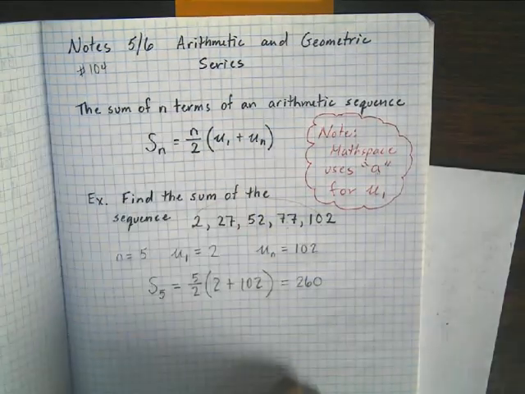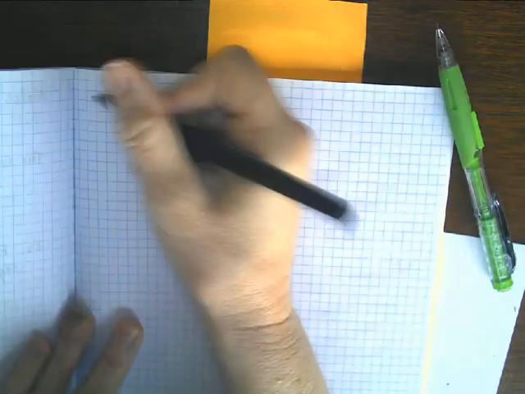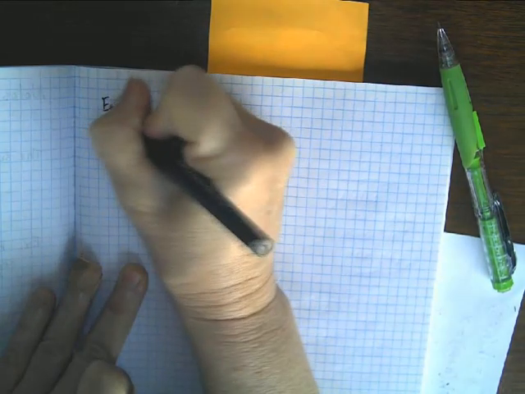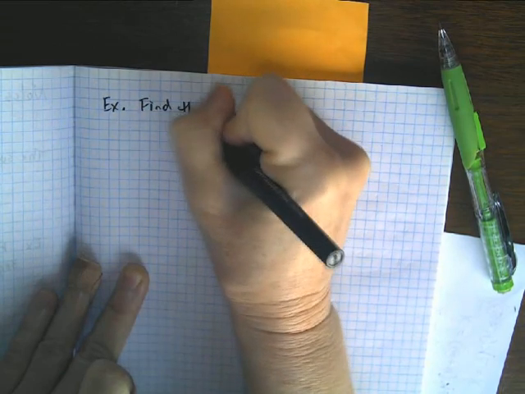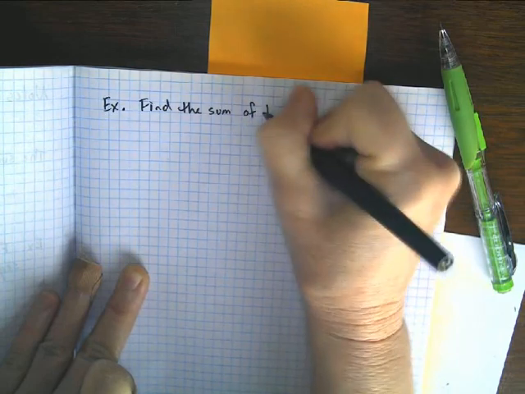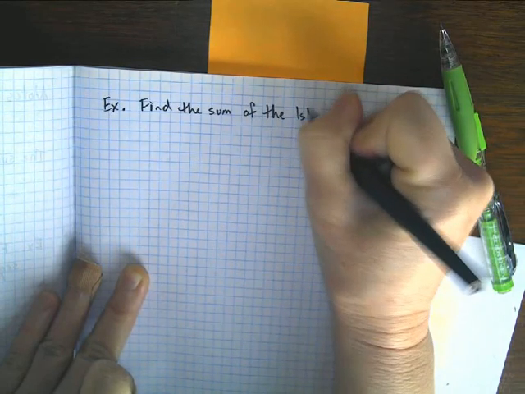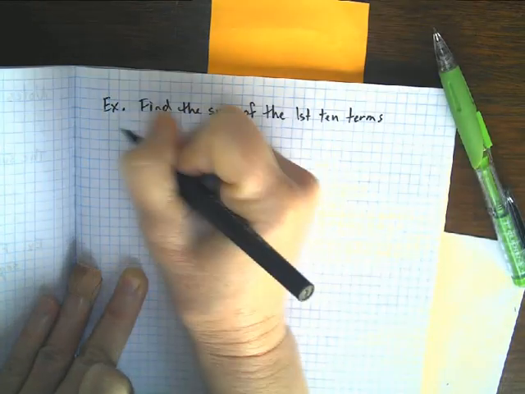Okay, let's get a little bit trickier. I think I'm going to turn the page so I have plenty of room. Yeah, I need more room for my next example. So let's do one that's a little bit harder. So for my next example, find the sum of the first 10 terms of the sequence